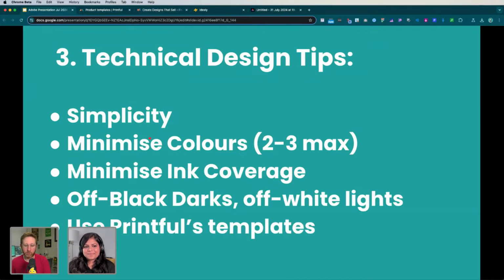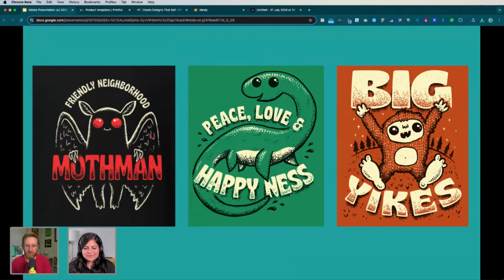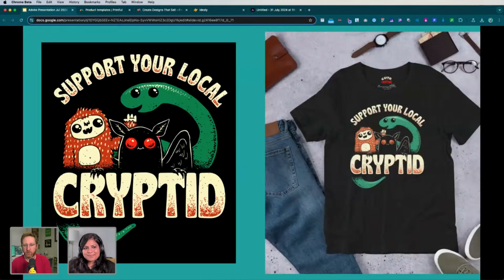And obviously you've got Printful's templates to use, so use those as your starting points. The worst thing is when you've created a design, you go to upload it and you find that it's the wrong size, or you've got to squish it or something to make it fit. We saw a perfect example with the sticker sheet that you made, because you got the sizing from Printful. So that was pretty cool to see. These are some of the other designs we did. We've seen those before.